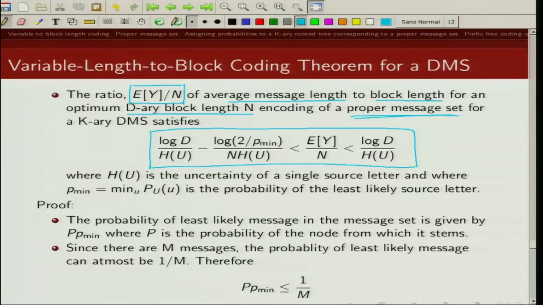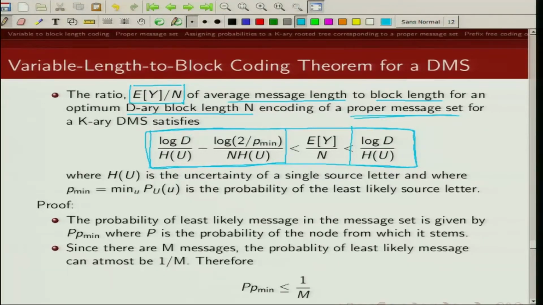Remember, we want this ratio to be as large as possible. So I am giving you bounds on expected value of Y given n for a proper message set. It is lower bounded by this term and upper bounded by this term,